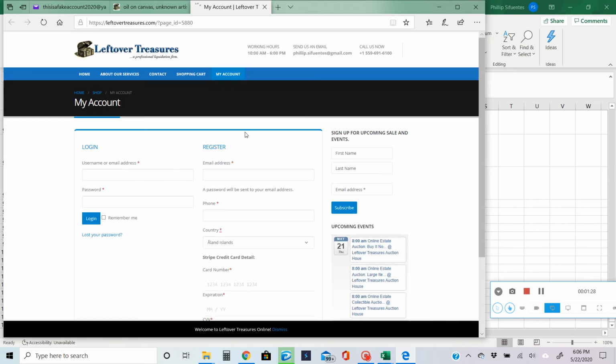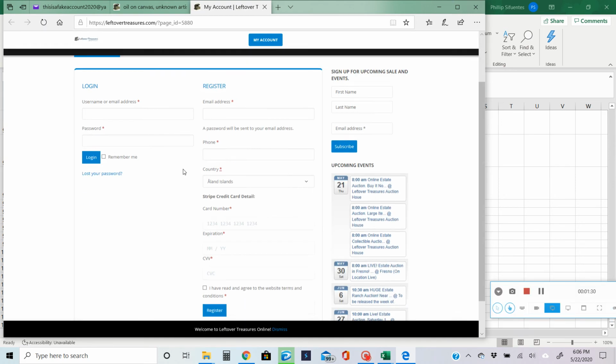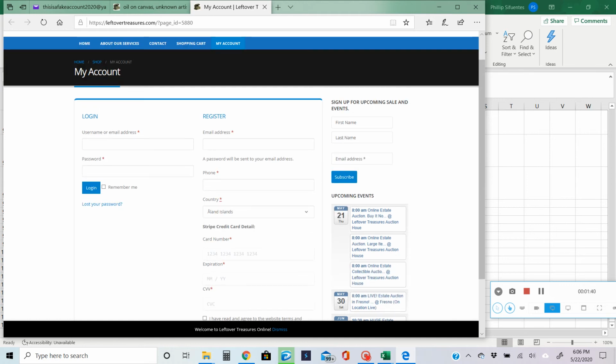When you get to this section, you'll notice three login forms. This one is if you already have an account. This is the one we're going to be working on. The one on the right is to sign up for emails. It's not related to these two. If you put in your email address here, you'll get emails that come out every week. We put out 1 to 3 emails every week, but it will not register you for the auction or the